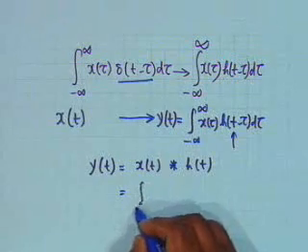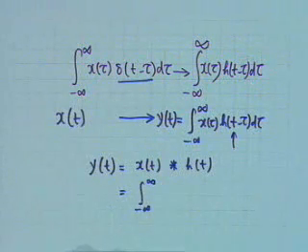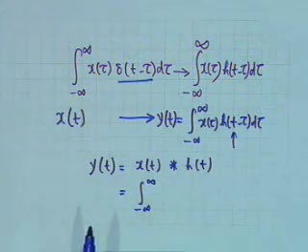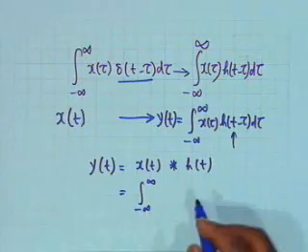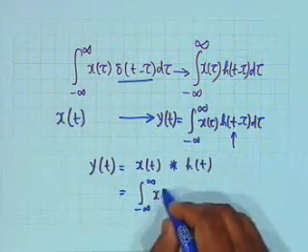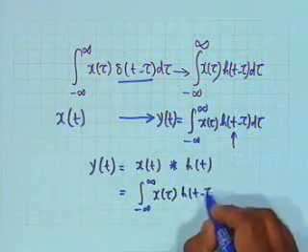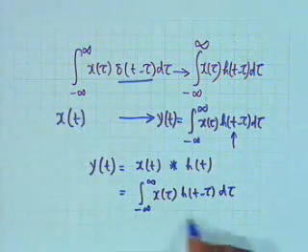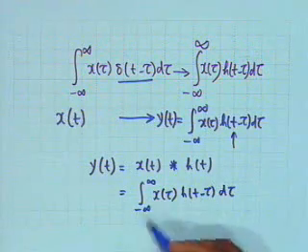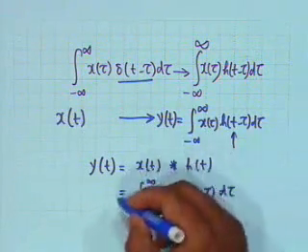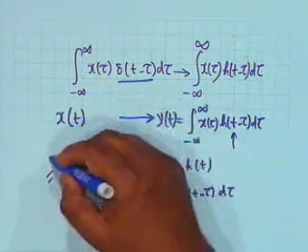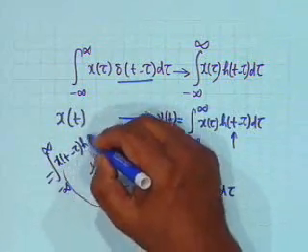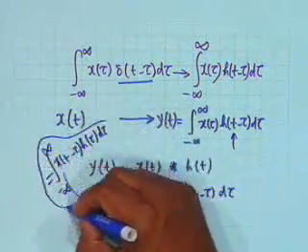And in the continuous time domain, the convolution is defined in terms of an integration, whereas in the discrete time domain it is a double infinite summation. In the continuous time case it is x of tau h t minus tau d tau, and if you make a change of variable, it's very easy to show that you can either delay h or you can delay x. In other words, it is the same as minus infinity to plus infinity, x of t minus tau h of tau d tau. It doesn't make a difference,